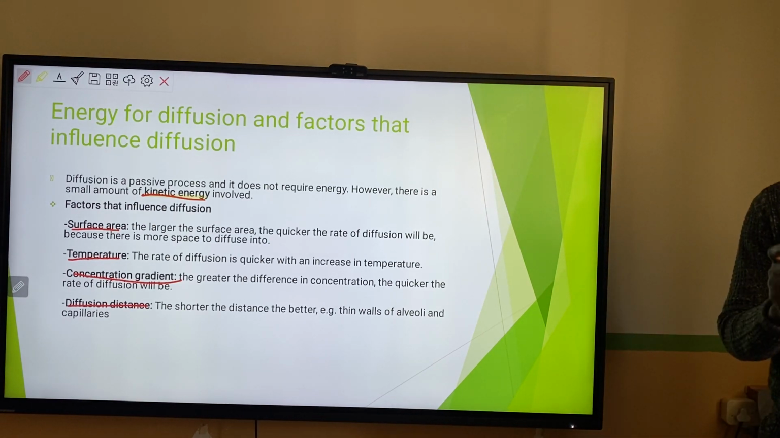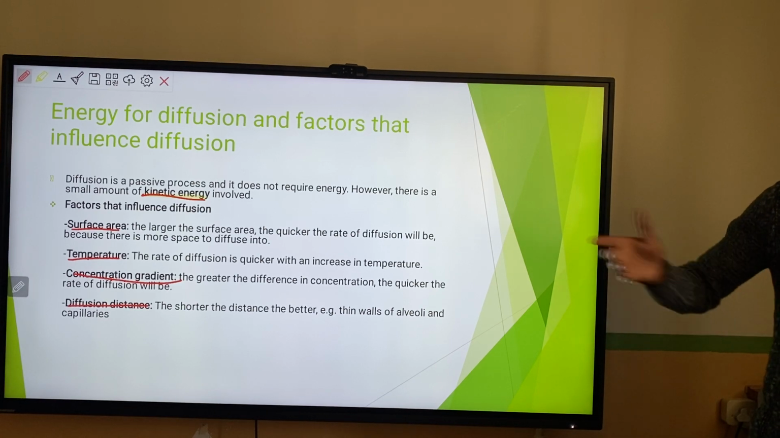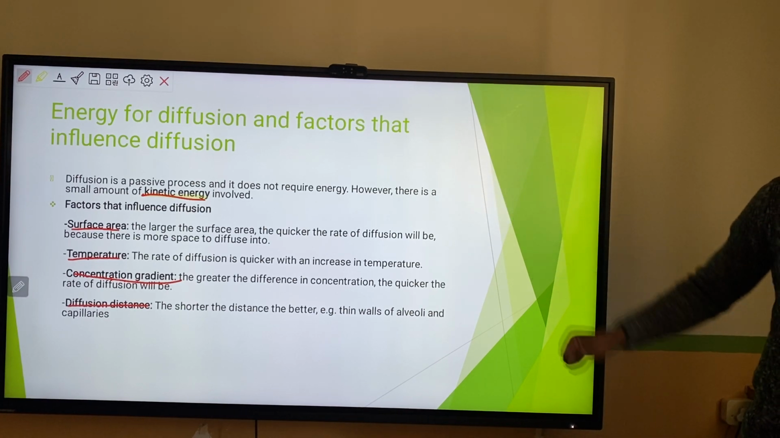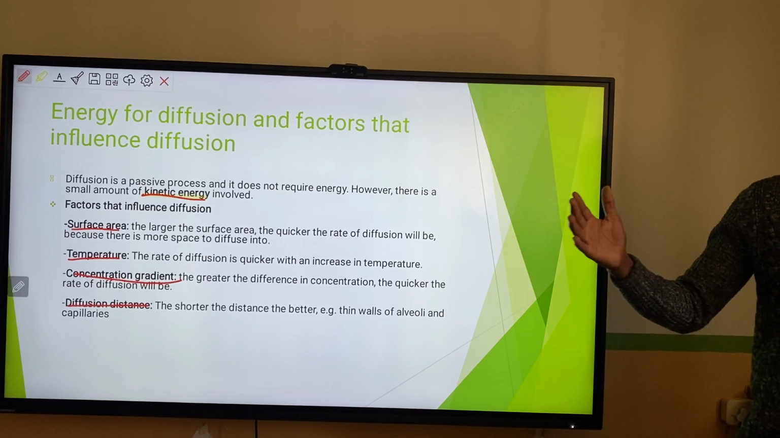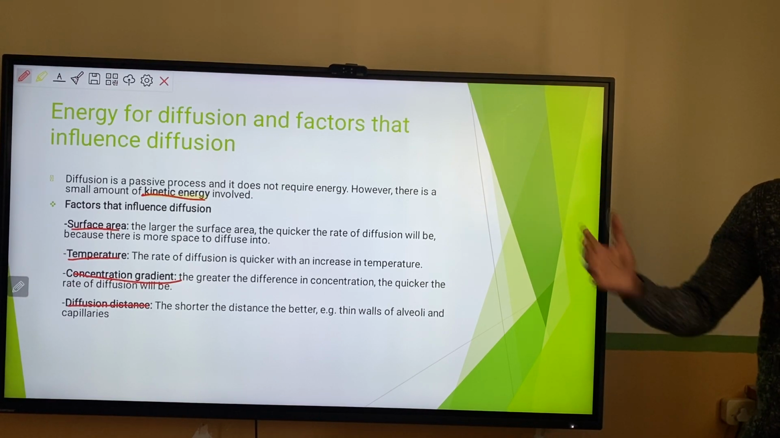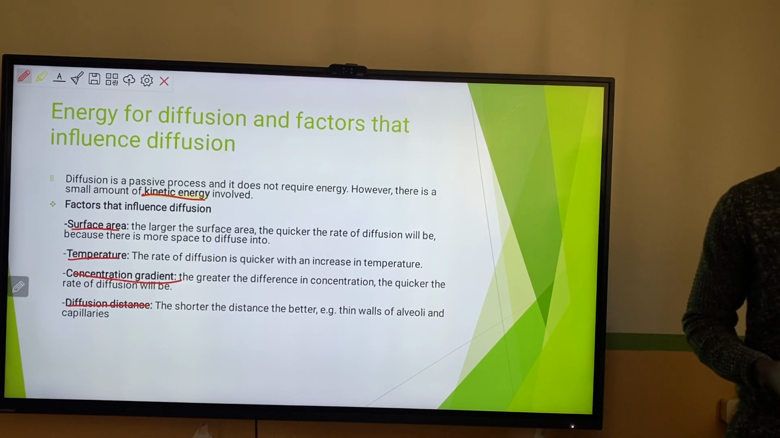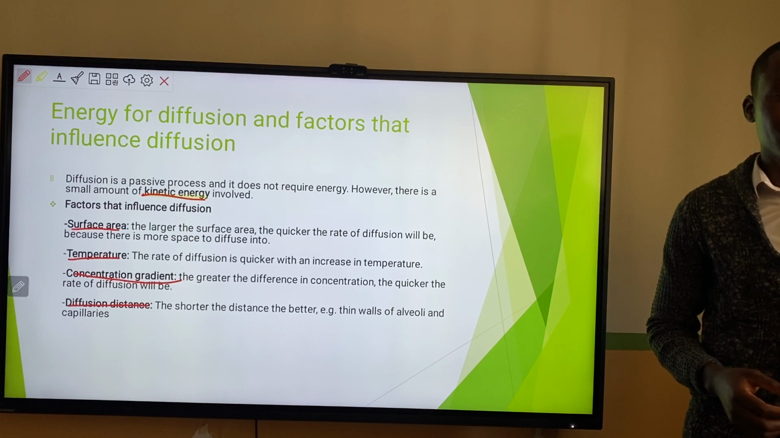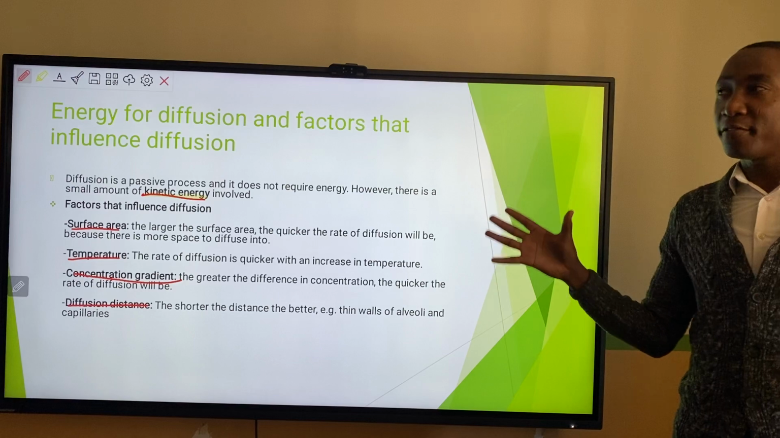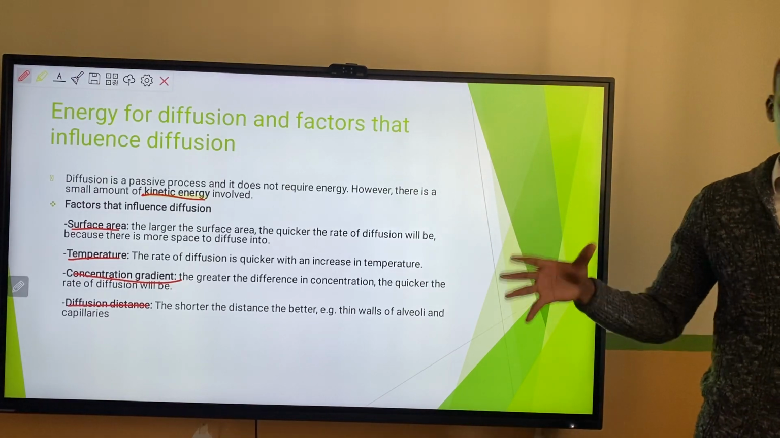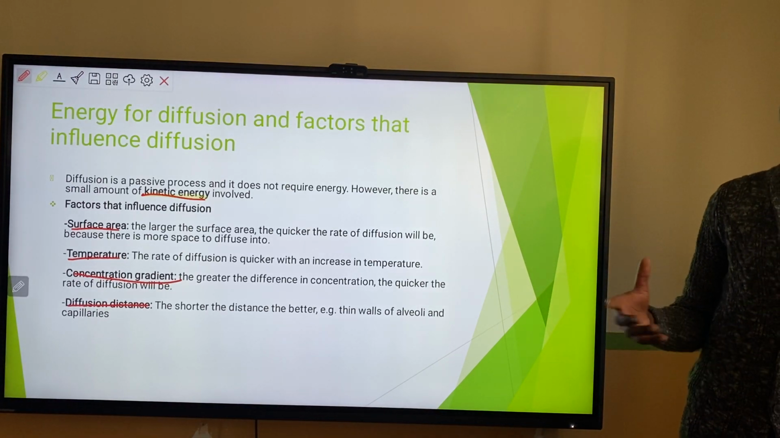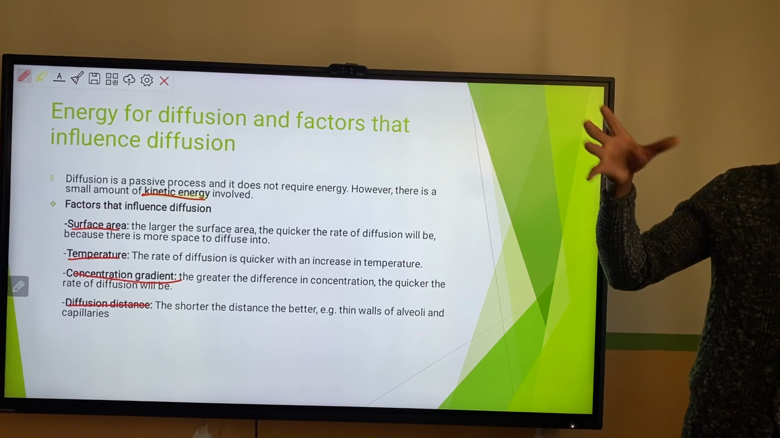Can someone give me a practical example, in real life, with regard to surface area? The larger the surface area, the faster the diffusion. So for example, maybe a spray. Like you spray in this room, it'll expand fast around the area. It will spread faster if there is more space, compared to a smaller room, where it will not spread as fast because there is no